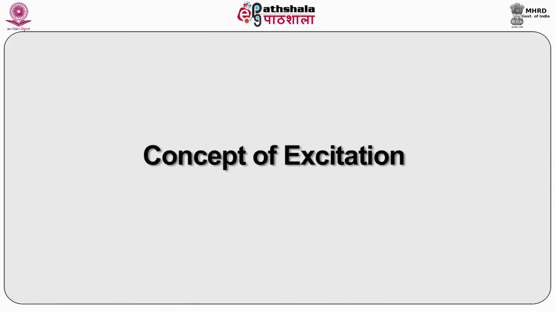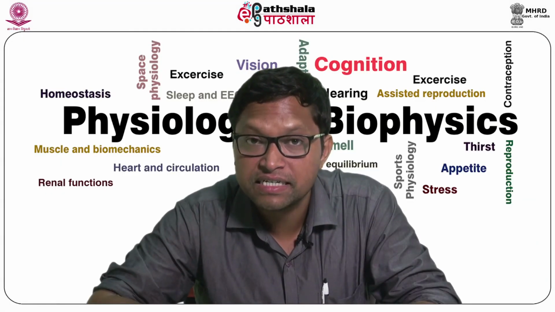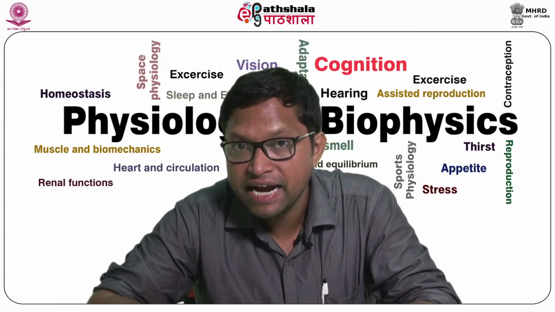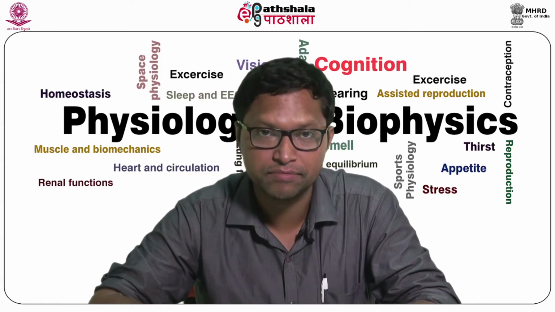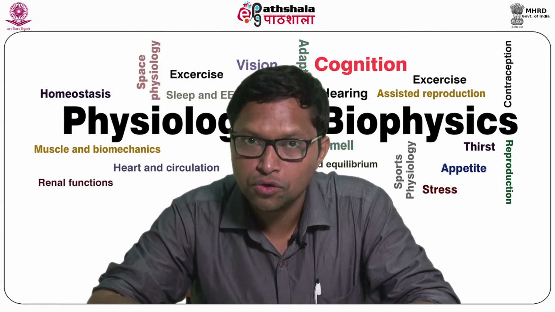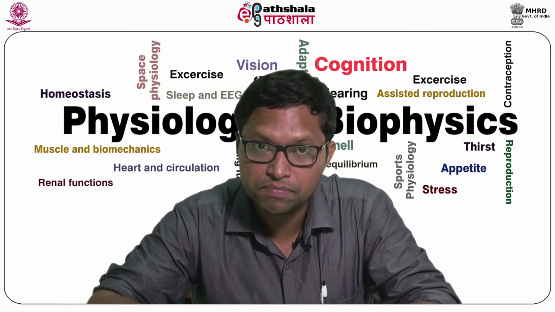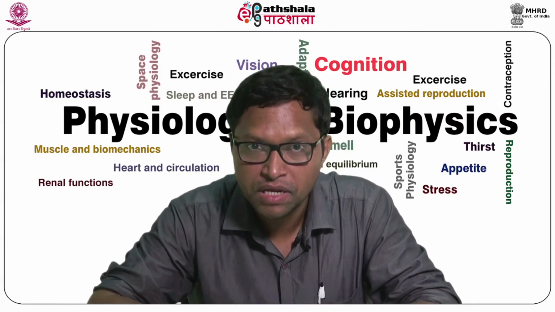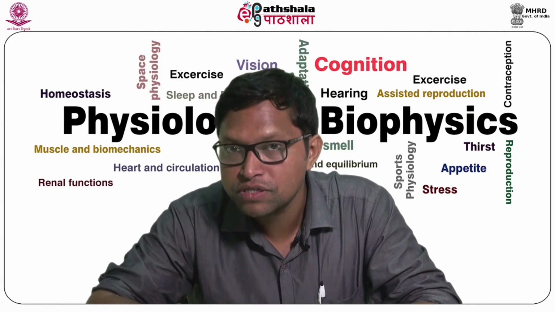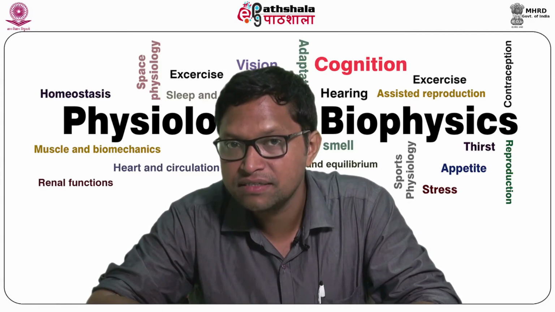Now, the concept of excitation contraction coupling. When an action potential is generated, it traverses along the sarcolemma, and as we have studied earlier, the sarcolemma invaginates deep inside the muscle fiber to form the T-tubules. So, when the action potential is generated, it dips deep down via the T-tubules, which in turn helps to spread the wave of excitation deeper and deeper inside the muscle fiber. Now, the sarcoplasmic reticulum comes closer to the T-tubules at the AI junction, thereby forming a triad.